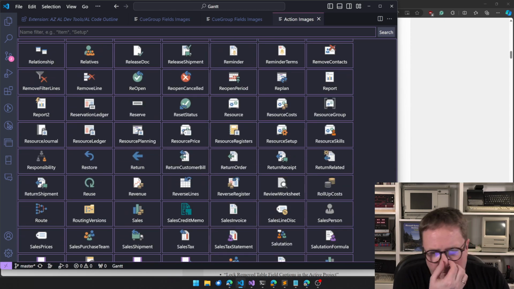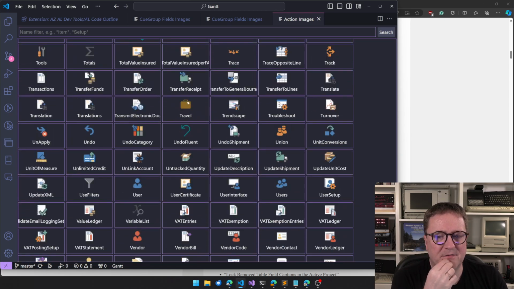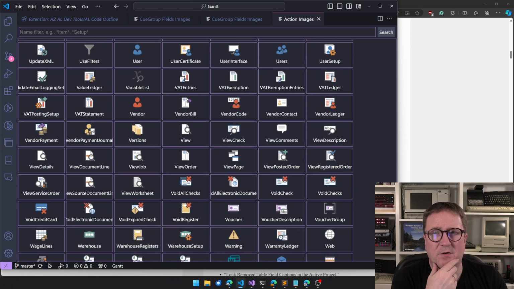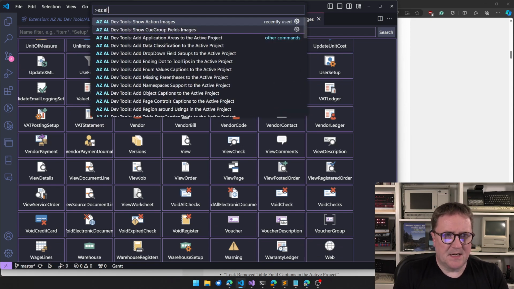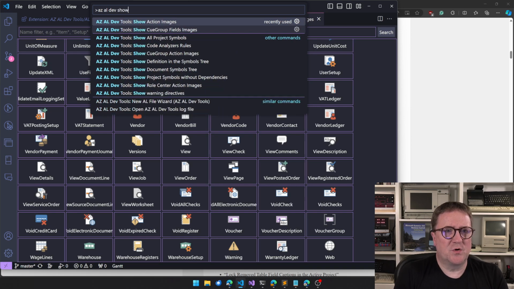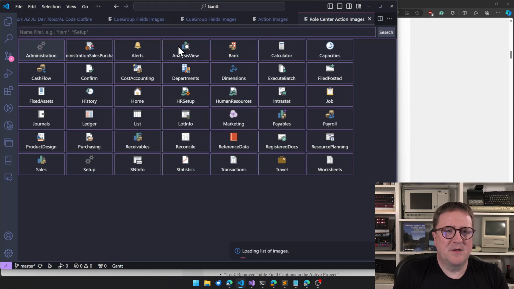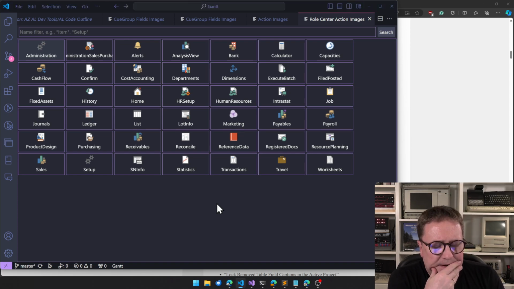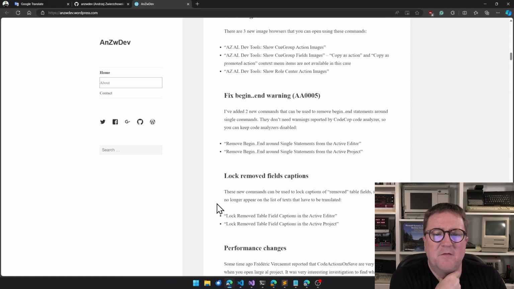This is the colored version, but I think that's the way they're stored in the DLLs. But when shown on screen, they are converted into the monochrome version. AZ AL dev show images, role center action images, kind of the same as the other ones. Very cool.